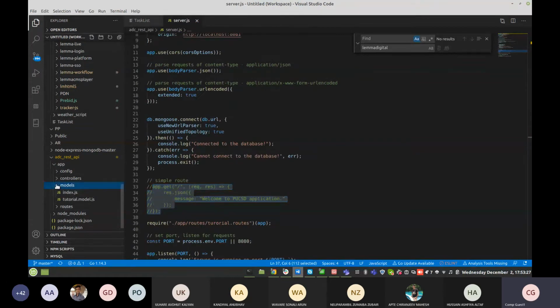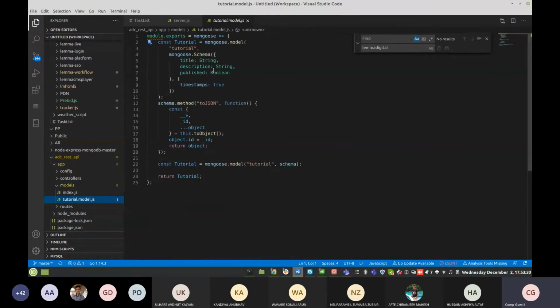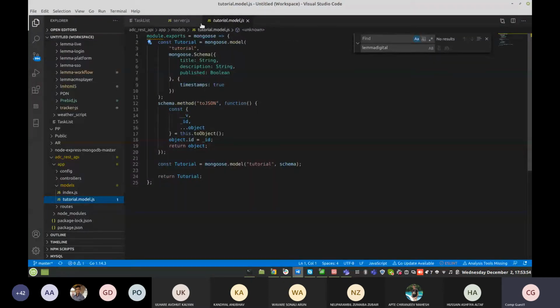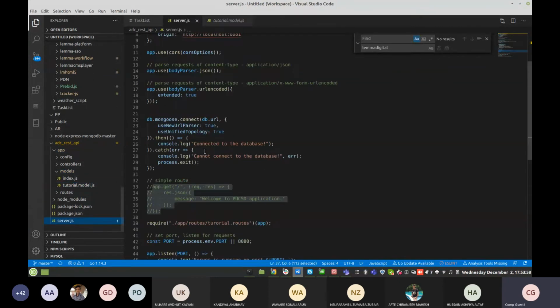So modules, now tutorial. So what error does it throw: tutorials is already used. The identifier tutorial is already declared in server line 9 in the schema module. So I need to check the server file